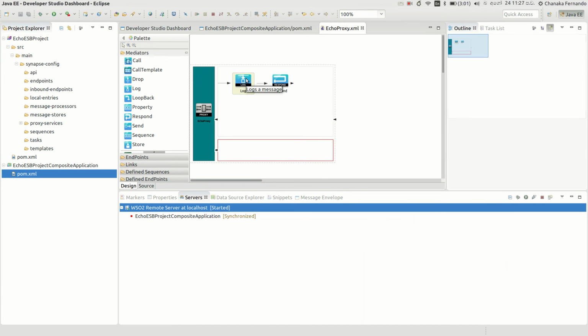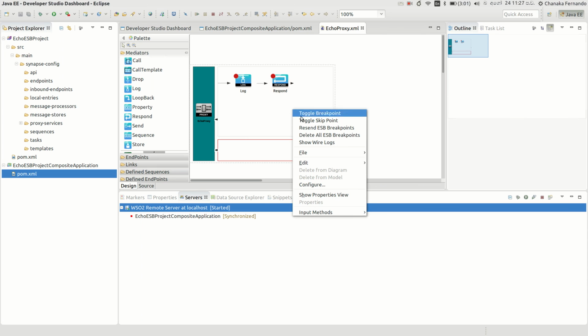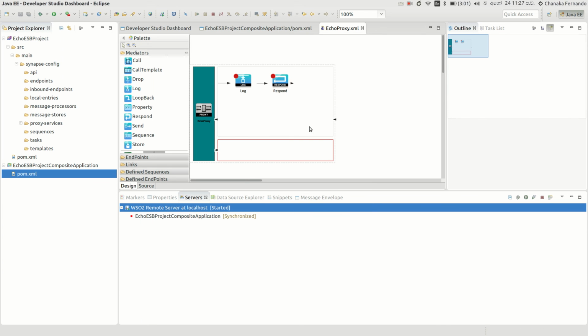Now I am going to put two breakpoints at these two mediators. Once I put these breakpoints, I need to resend them to the ESB server. Now I have resent the debug points and started the ESB in the debug mode.